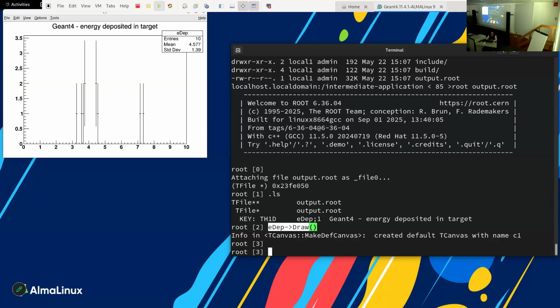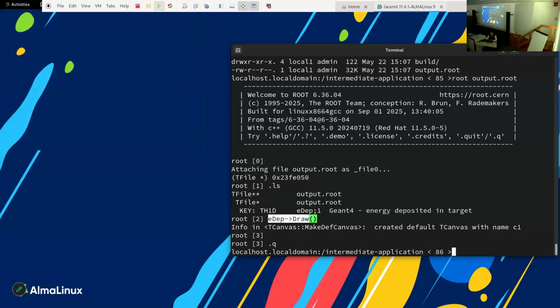Yes, the output will be in CSV. Yes, correct. Very good. So now we are going to do the final part of developing a G4 application,